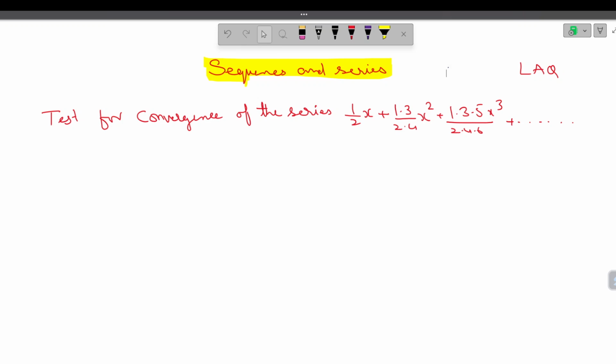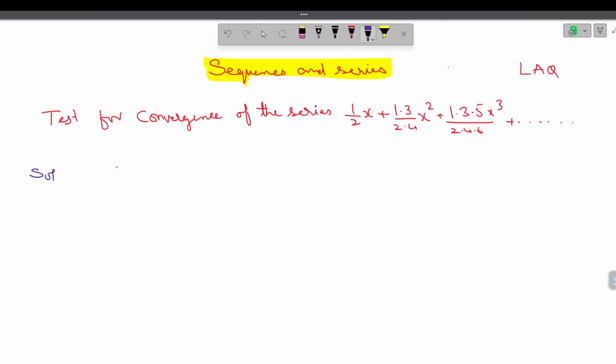What it says: test for the convergence of the series 1 by 2 into x plus 1 into 3 by 2 into 4 x square plus 1 into 3 into 5 x cube divided by 2, 4, 6. The series is increasing. So whenever this type of series are there, 1, 2, 3 so on going on factorial,